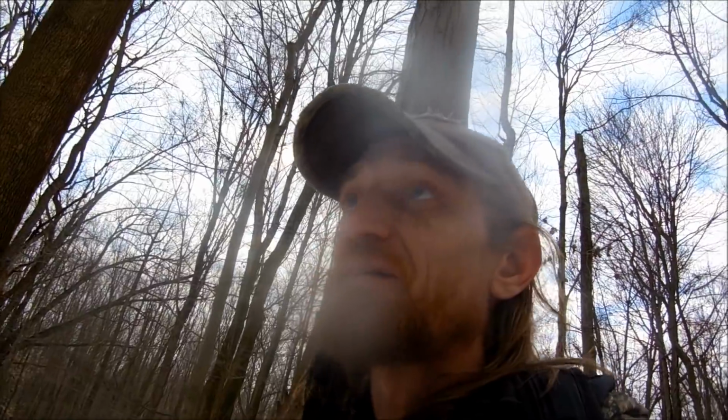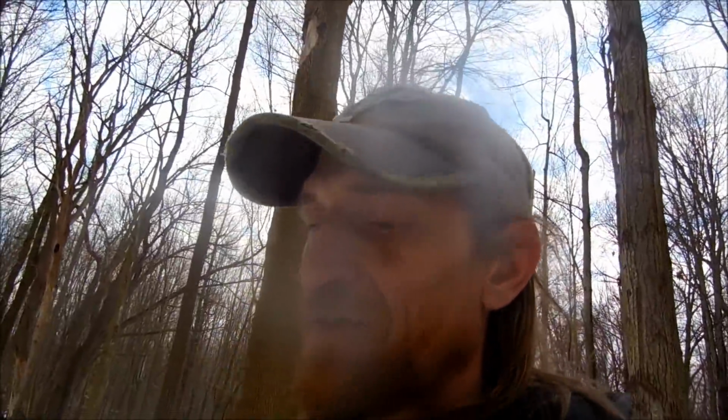Might be his activity in this section of the woods. Whenever he comes in here trying to track these deer down, he always seems to be staying in one section. Like he don't really want to explore deep into the woods. He's just kind of skimming the edge of it a little bit. His primary search area is off to the east. So